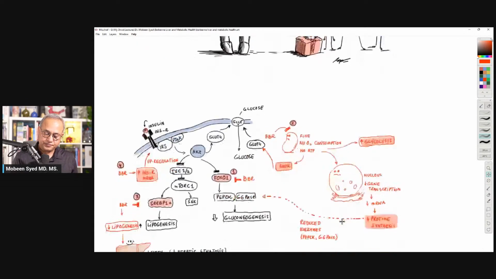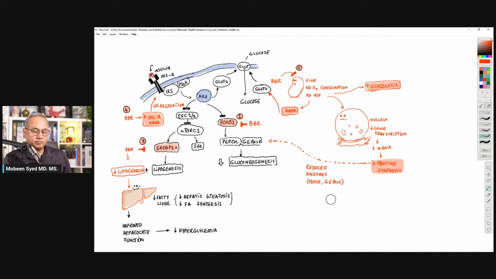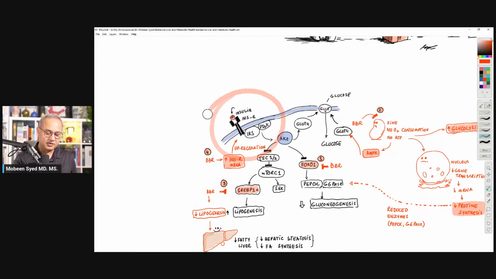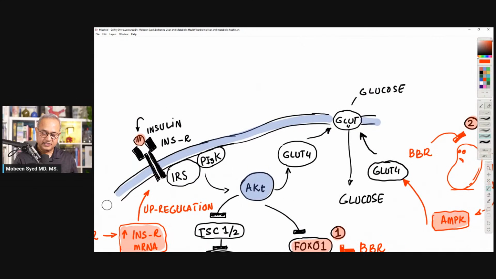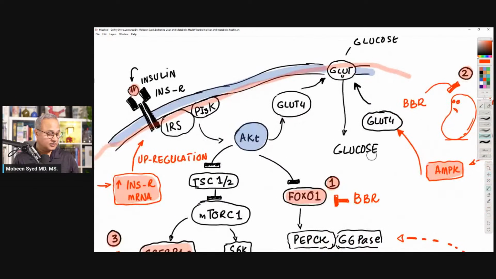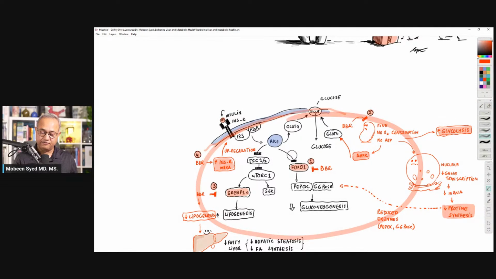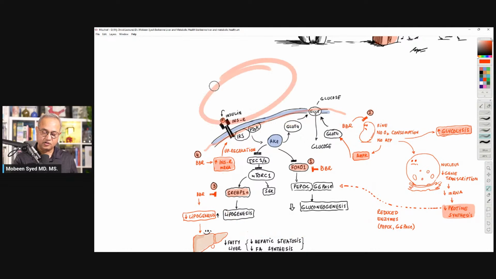So here is the map of the berberine's many effects. And once again, berberine has diverse effects. This particular set of discussion topics that I want to do today is all about the glucose lowering effect plus the liver healing effect. These are the two primary mechanisms that I want to discuss. So we'll start our discussion from here. So I'm going to zoom in on this area. Imagine that this is a cell. So inside, this is a cell. Everything here is inside the cell. This is all outside the cell.